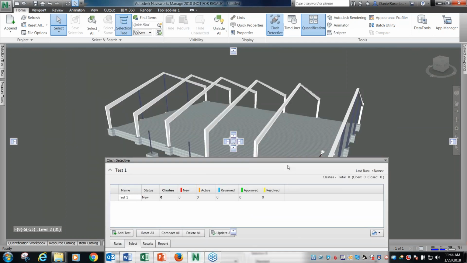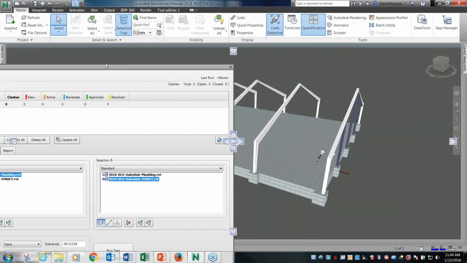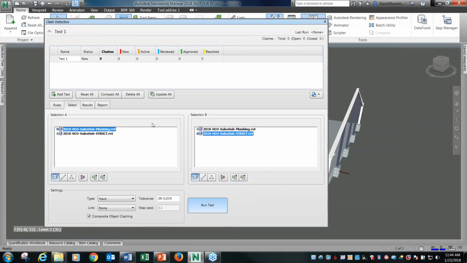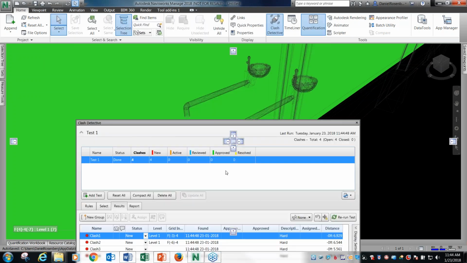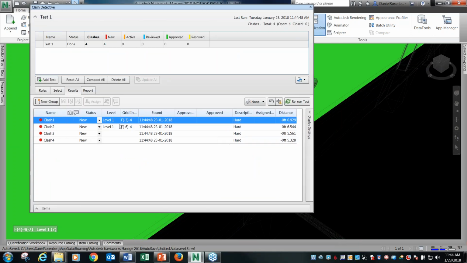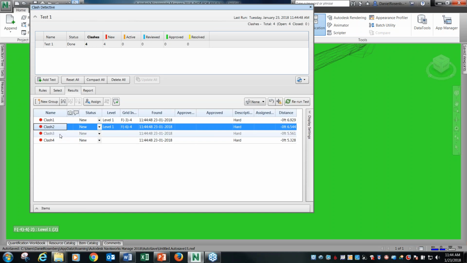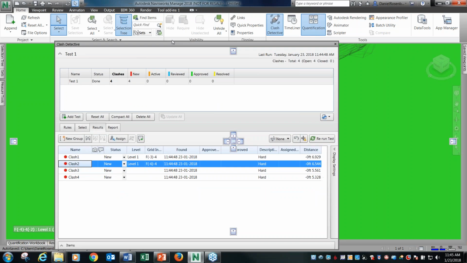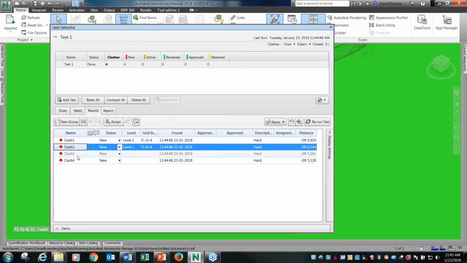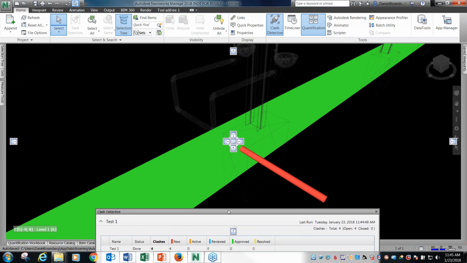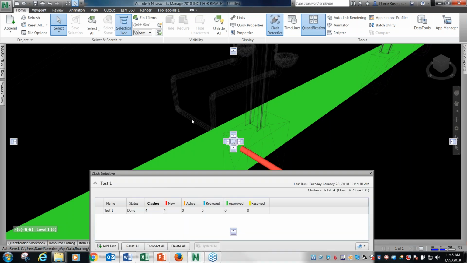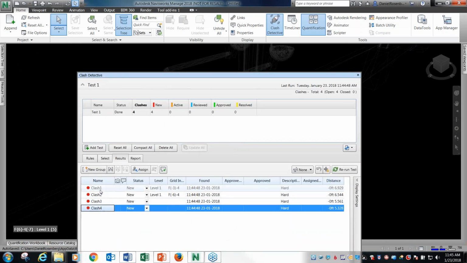And just with all the defaults here, let's just run and test and see what we get. So I've got 4 clashes here, and you can run through them. It creates a viewpoint for each one of these, and you can kind of cycle through them and see. So I'm getting clashes for things that I might not have actually cared about. So like maybe I don't really care about the foundation wall or the slab. So I could actually